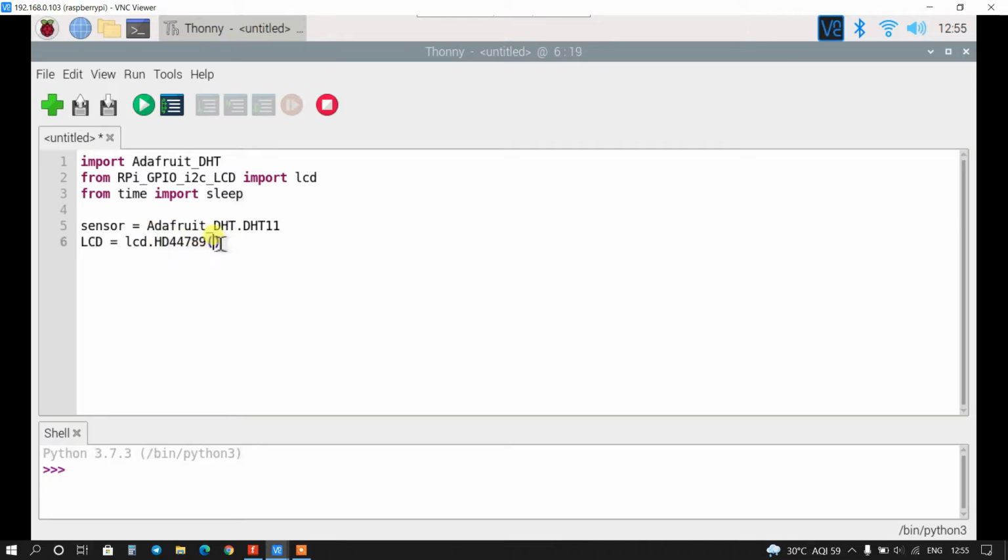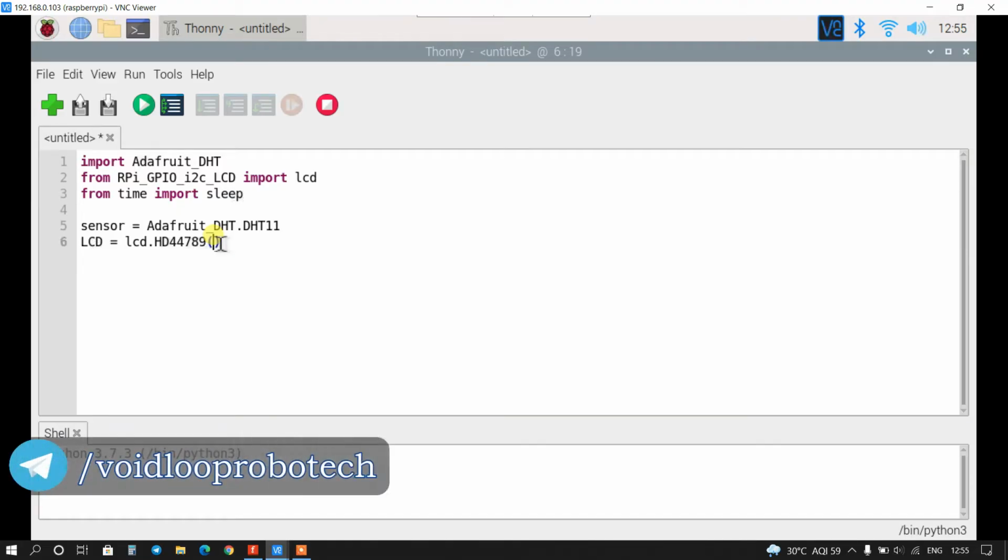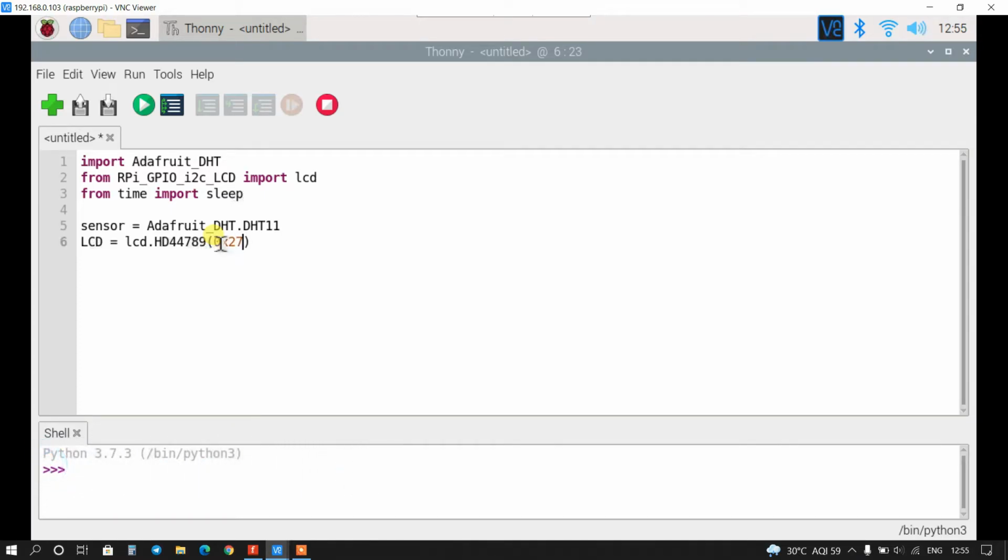And here I will pass the I2C address of LCD. The I2C address of LCD is 0x27. And I have connected the DHT sensor on the 23rd GPIO.